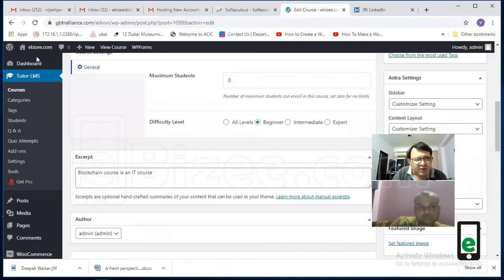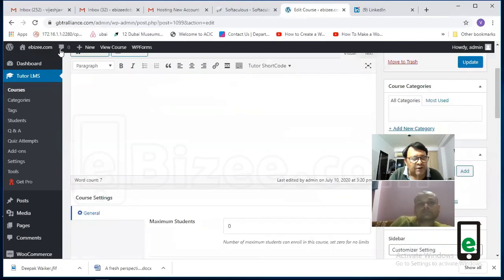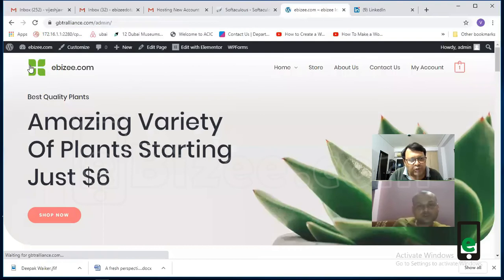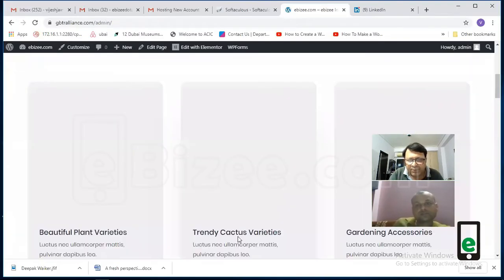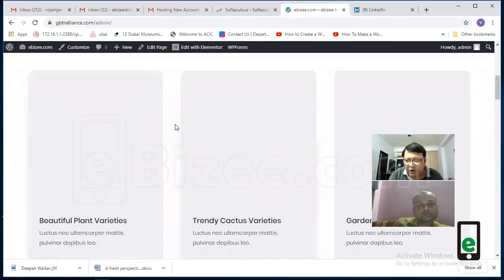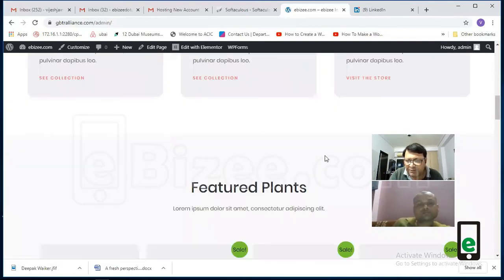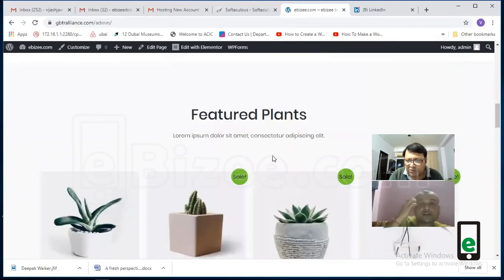So today what I have done, I have just shown you how you can build your house like this. And again, you can go back to your website and you can see your website is already a fully functional website, which you can modify later. You can put your logo, you can change the text, you can completely create a new global business. You can create a website on which you can sell your services.